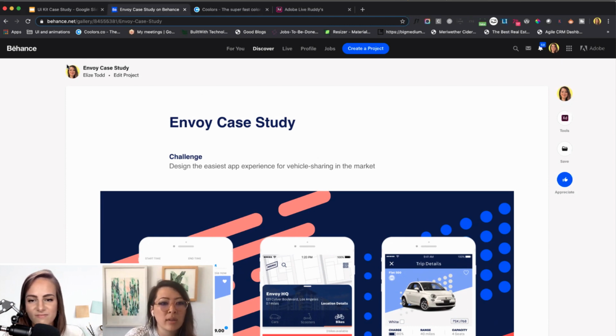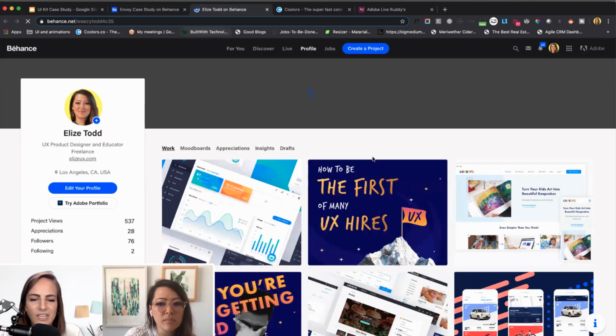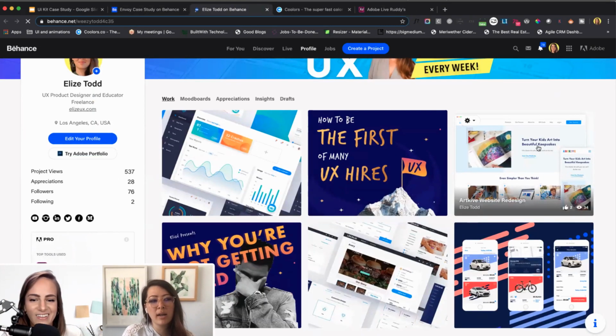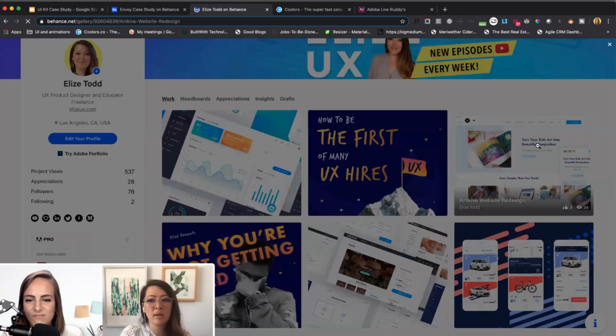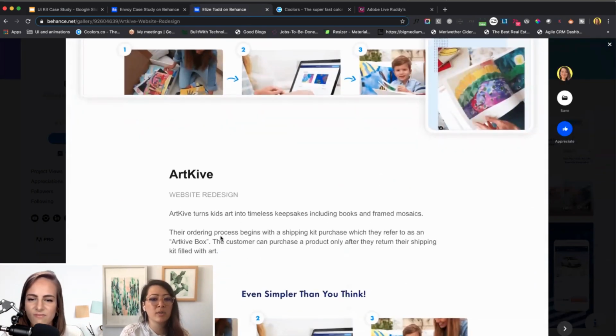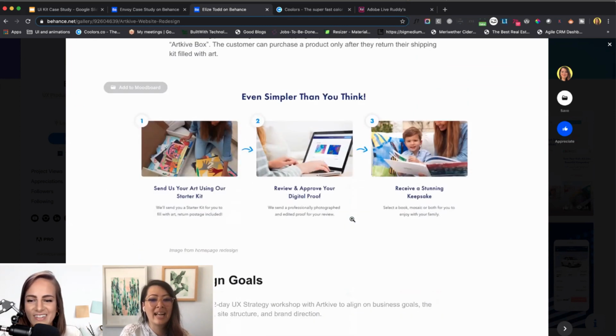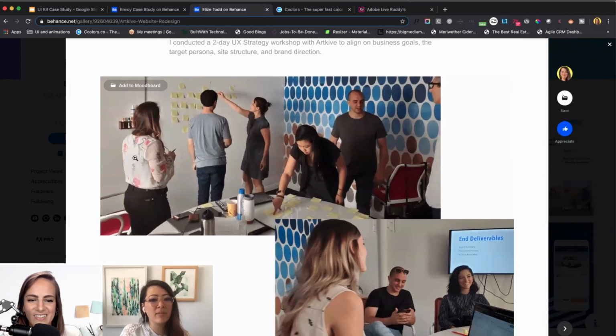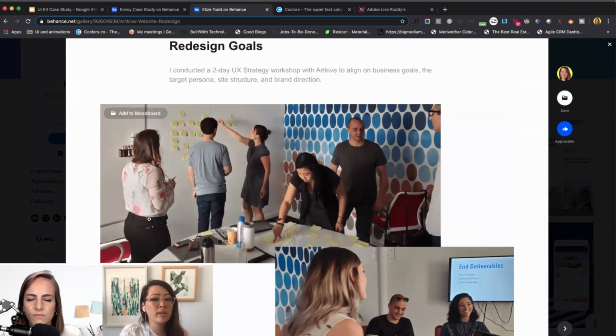I will show one more thing, actually. Turning the tables here. I'll show you another case study I have that I think is better and why. So here, I do talk about what this product is. They turn kids' art into books. Perfect, I get it. Cute. And I showcase myself here, working with the client, doing card sorting and stuff. It's always great to see you actually doing the action.